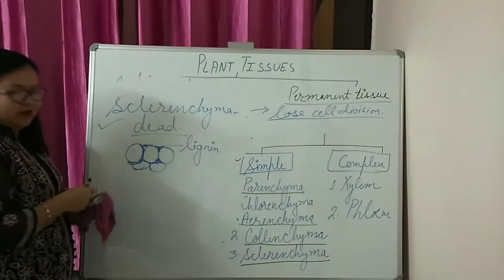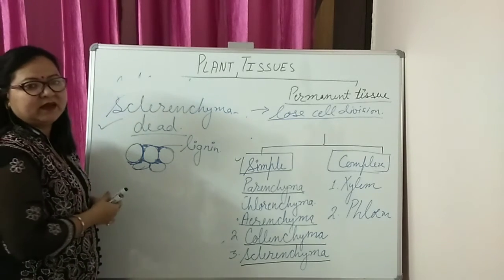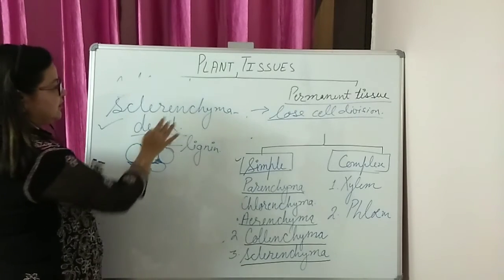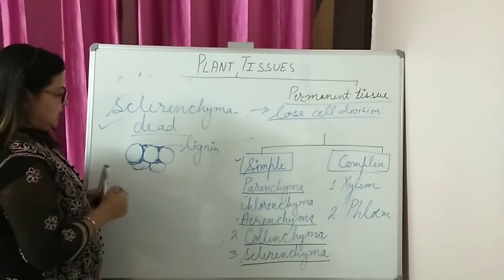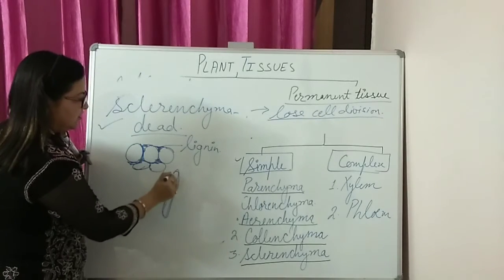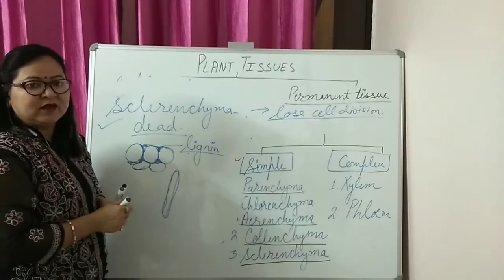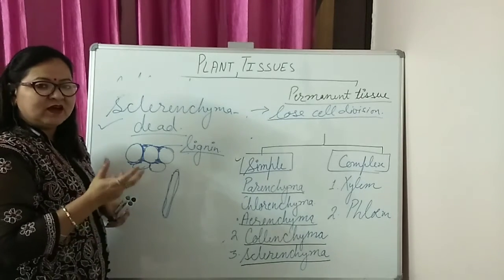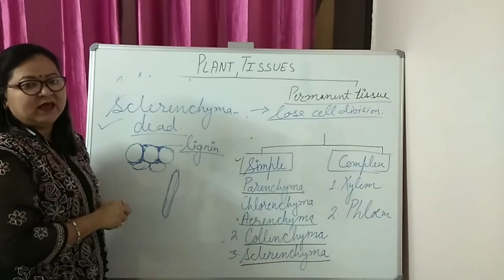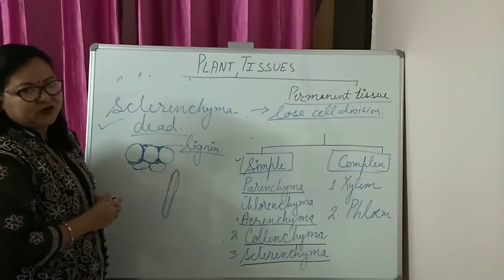Okay, so where will we find sclerenchyma? These are very strong, rigid cells that provide mechanical support to the plant. Whatever the hard part of the plant, it has this sclerenchyma tissue. There may be cells and there may be long fibers that help in the deposition of lignin. They are present in the nuts, the shells of the nuts. Whatever hard part you observe in the plant, like the shell of nuts, very strong strands, that is bark, and the coconut husk. All these consist of sclerenchyma tissue.